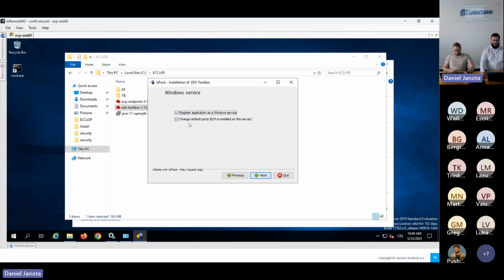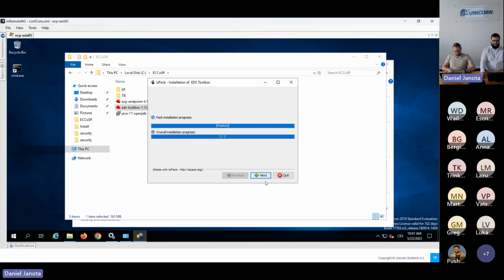So by checking this, the toolbox will be using 9443 port for the graphical user interface, and the rest of the ports is also changed. You can check that after installation. Well, not allow the automated start in this case. The toolbox is being installed,